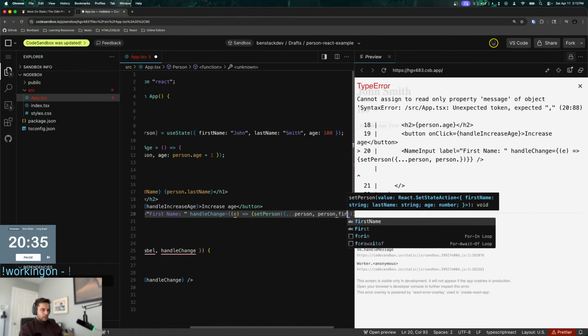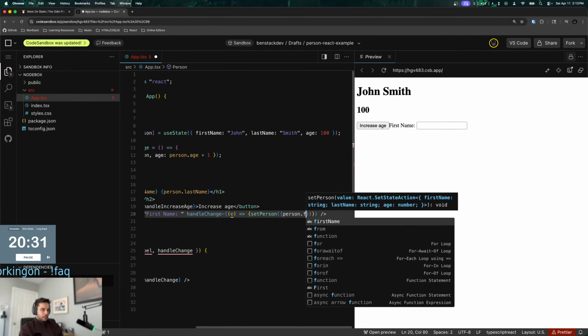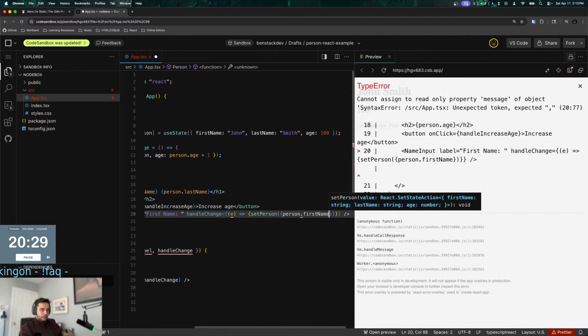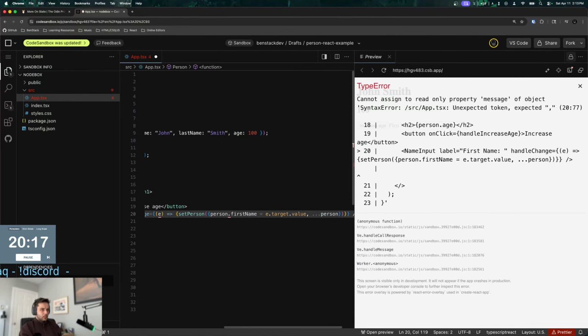I don't know if I can do this actually. e.target. Something like this. Cannot assign to read-only property.